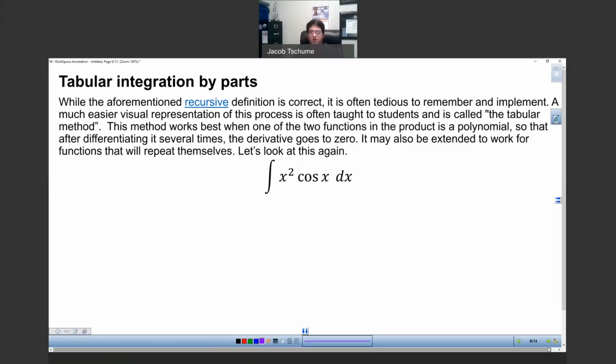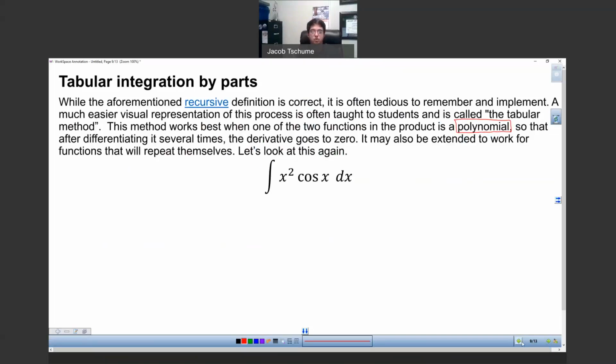Let me read through this paragraph I typed out for you. While the aforementioned recursive definition is correct, it is often tedious, as you saw, to remember and implement. A much easier visual representation of this process is often taught to students and is called the tabular method. This method will work best. Now, here's the key: this method works best when one of the two